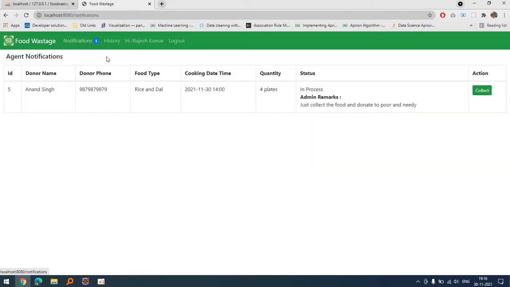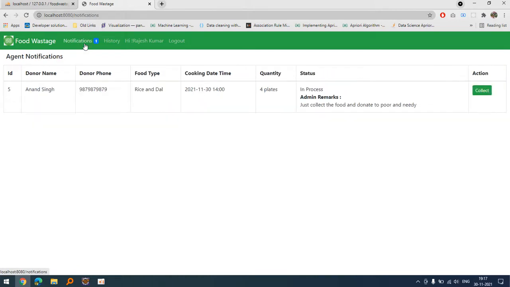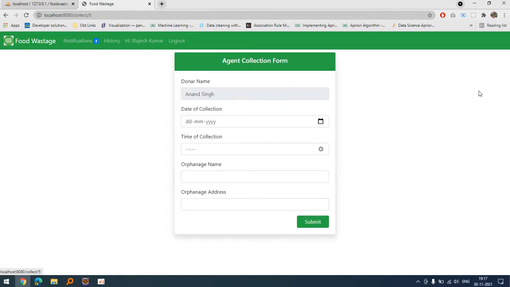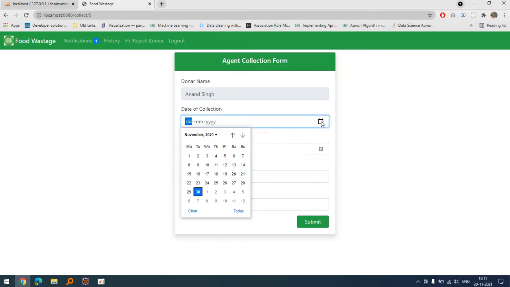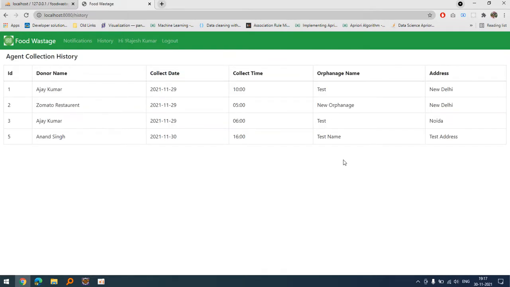Here is the notification, and here is the history tab, showing how much collection he has done at his end, and the orphanage name where he has given it. So notification, let's collect the food, and the date and time of collection, and the orphanage name, task address, whatever name you want to provide.